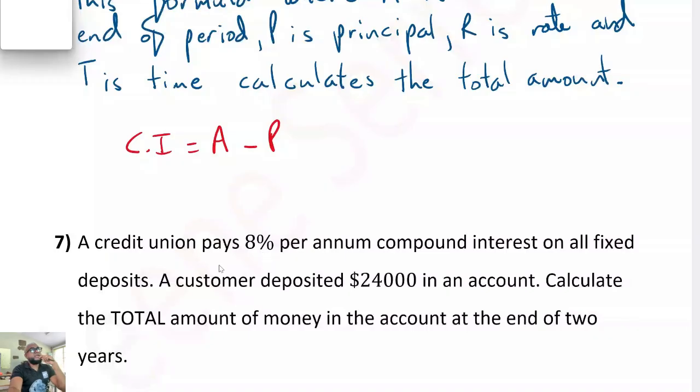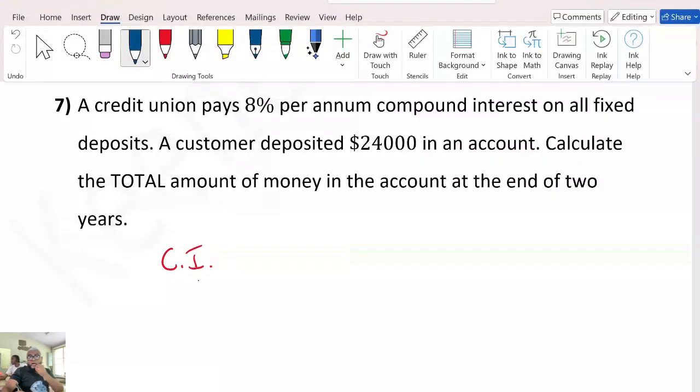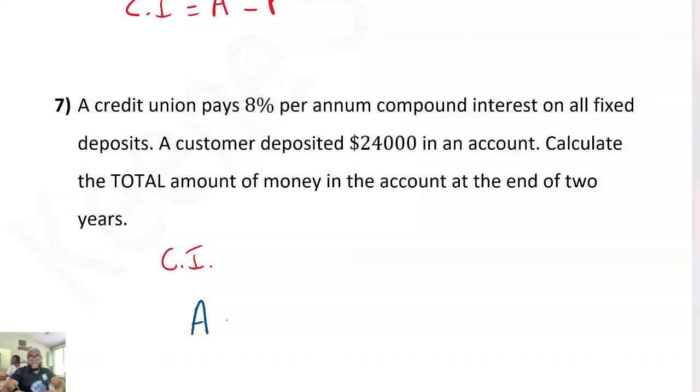8%. Excellent. A customer deposited 24,000 into an account. Let's talk about principal. What is the principal, the initial or original amount? 24,000. Calculate the amount of money in the account at the end of 2 years. So they just ask you for the total amount, which is the formula that I just gave you. So under compound interest, you cannot use this formula for simple interest, right? So on that compound interest, we know that the total amount